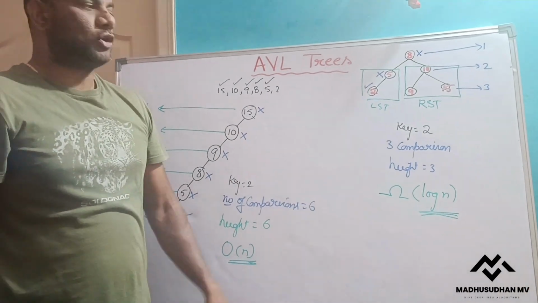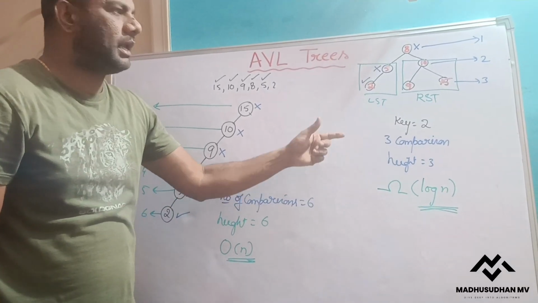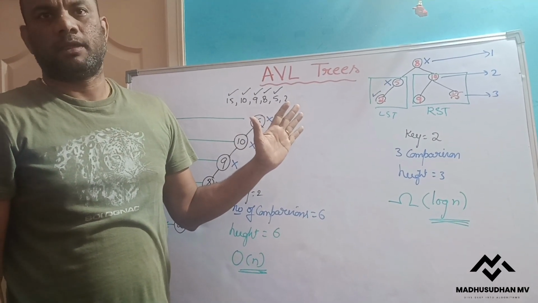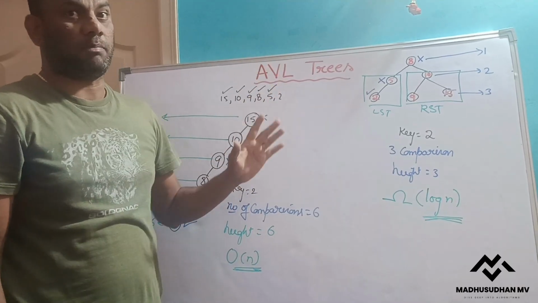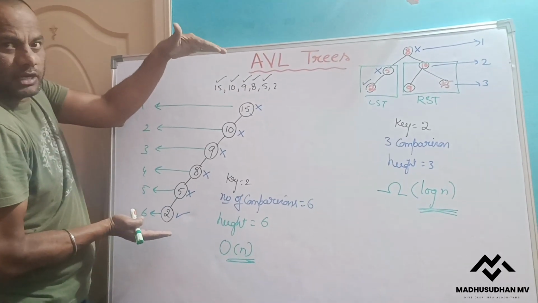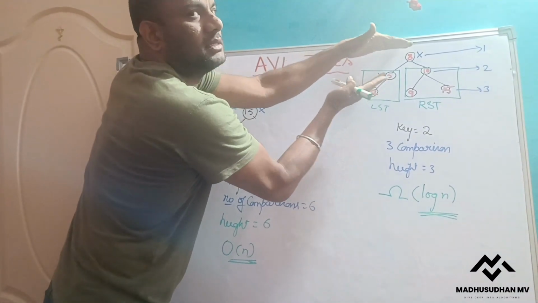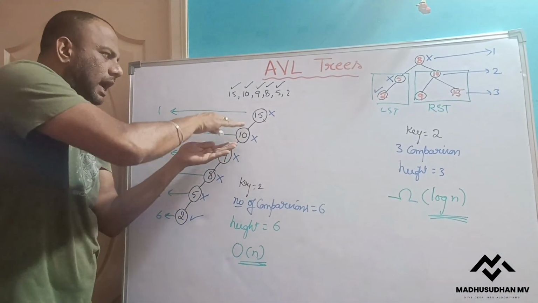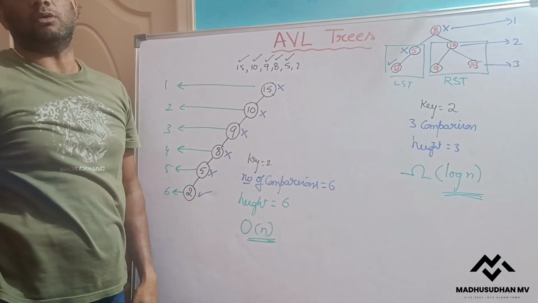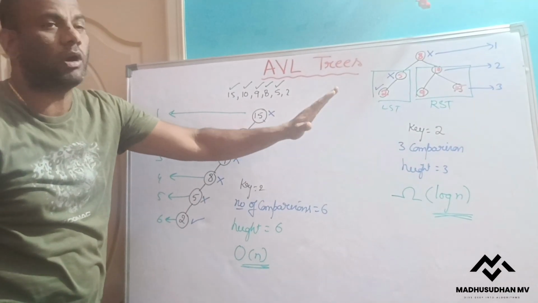Height of the tree. So I can say the height of the tree is equal to the number of comparisons we need to find an element, in most cases where the tree is not balanced. If the height of the tree is very small, the number of comparisons is less. The more the height of the tree, the more comparisons we need to do. So this is the major disadvantage of